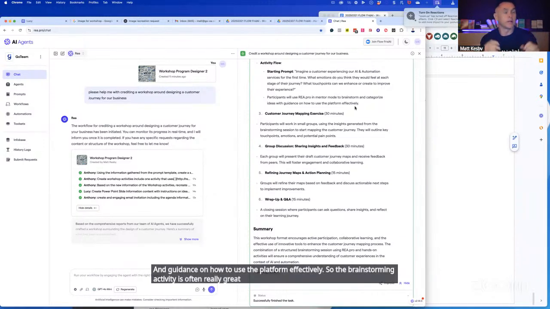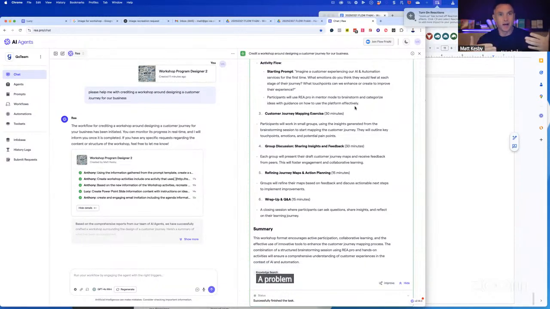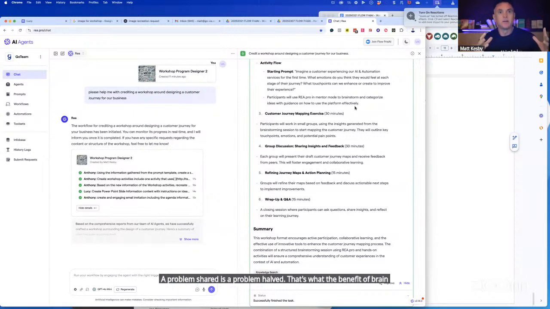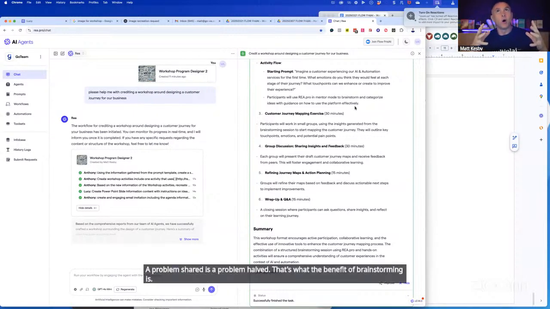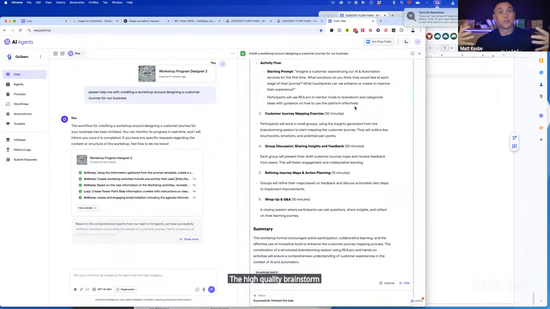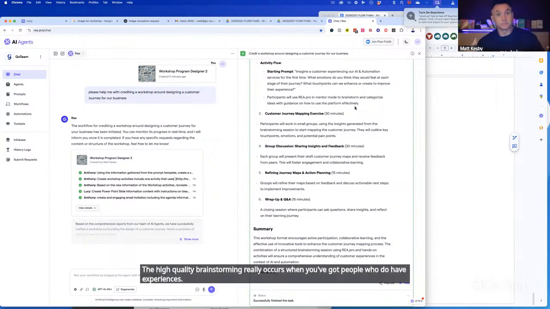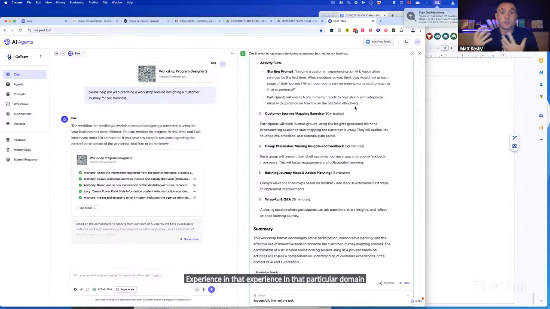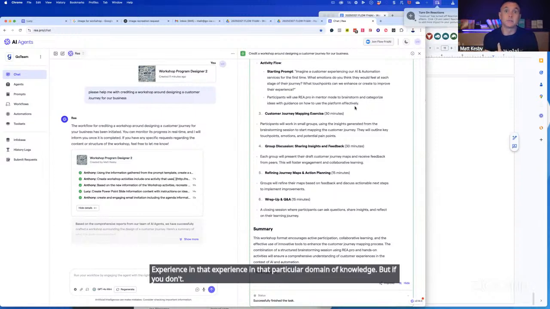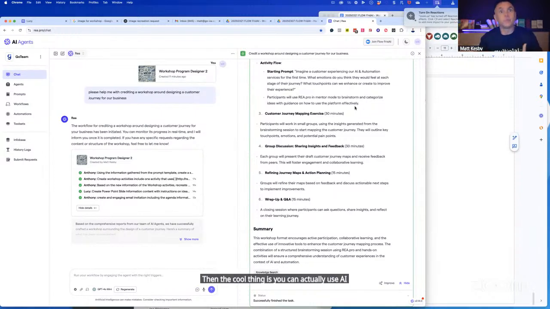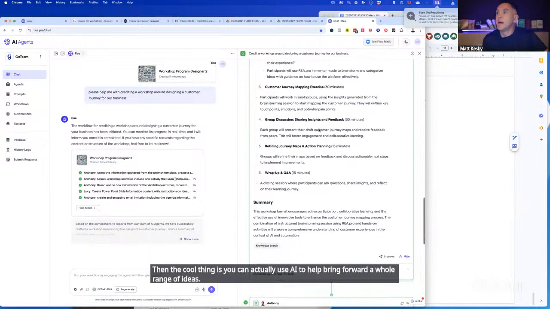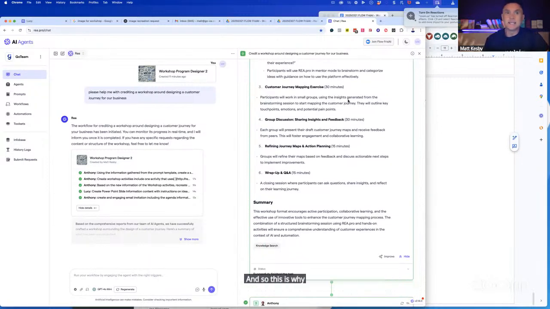Well, not often. It is always a great way to get engagement. A problem shared is a problem halved. That's the benefit of brainstorming. The high quality brainstorming really occurs when you've got people who do have experience in that particular domain of knowledge. But if you don't, then the cool thing is you can actually use AI to help bring forward a whole range of ideas. And so that's why I say put this into your workshops so that you're utilizing AI to